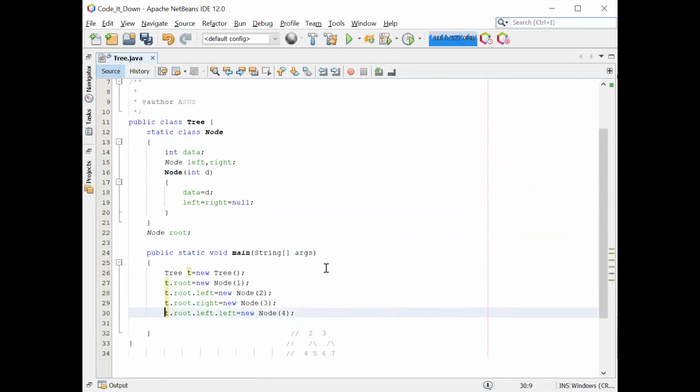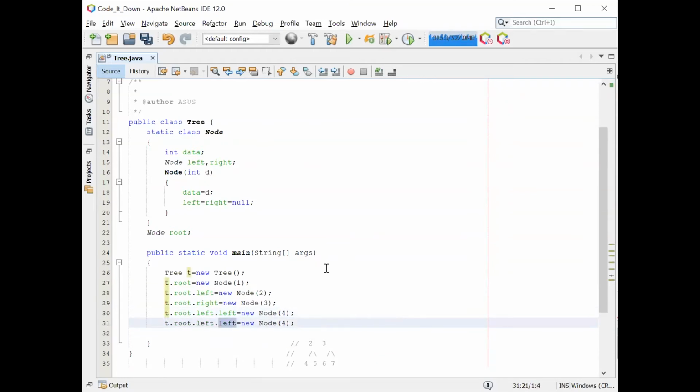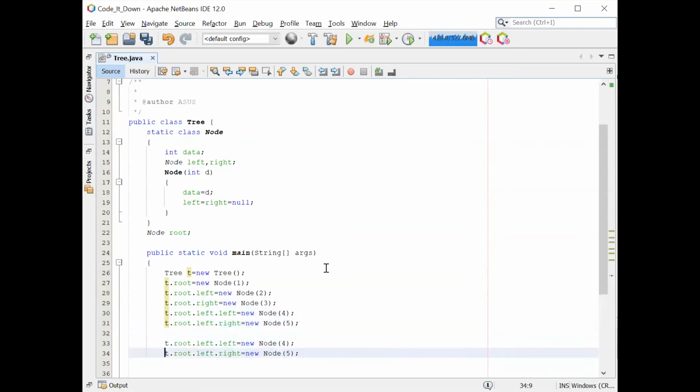Then again left dot right will be 5. t dot root dot right dot left, right dot right, 6 and 7.